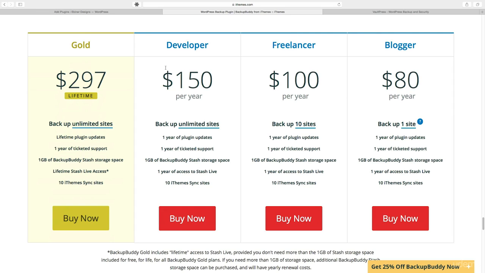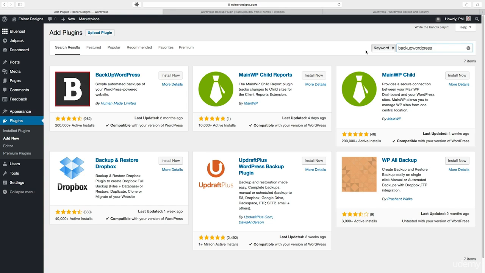But even when you're just starting out, you want to make sure you have something. So like I always do in this course, I want to give you a free option just to get started. And this is actually one of the ones I'm using for my own site. It's called Backup WordPress. Now to find this, you might have to search for Backup WordPress, all one word. You can see that it has over 200,000 downloads itself and lots of great reviews. So let me just go ahead and install it and I'll walk you through it.